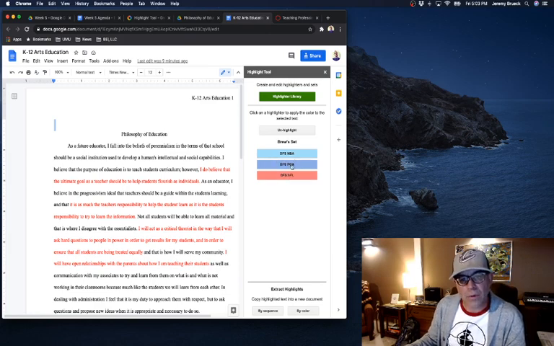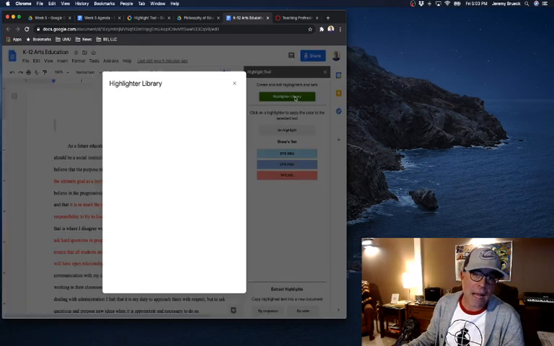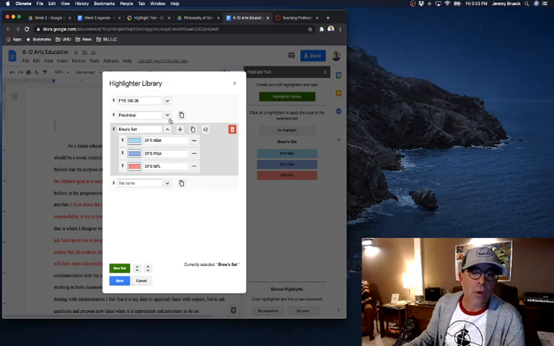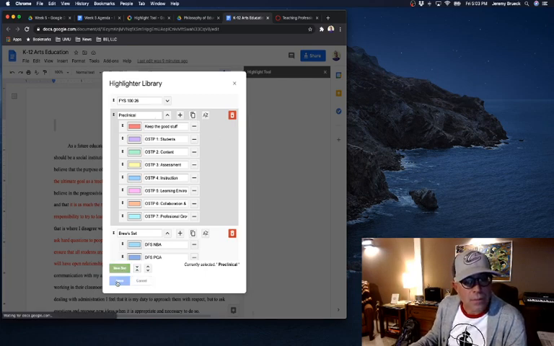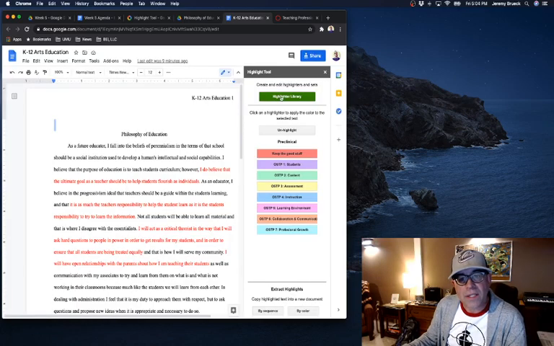or my different labels. Now, for philosophy of education, I certainly don't want to use my DFS codes, so I have to import the appropriate library. If I go back into that highlighter library, now what you should see is that I have 3 sets: FYS, preclinical, and the one that I'm on right now, which is Brew Set. But if I want to go into preclinical, I can take a look at that. And I can save that. And now what it's done is loaded in this particular